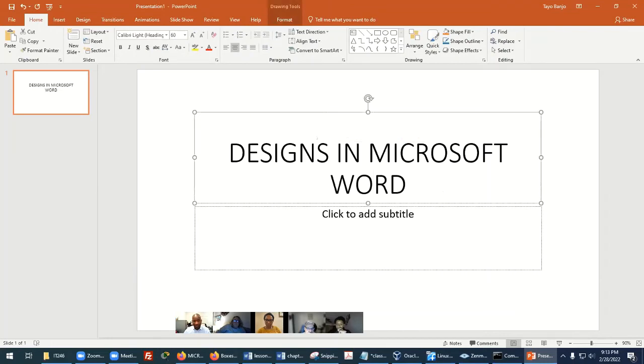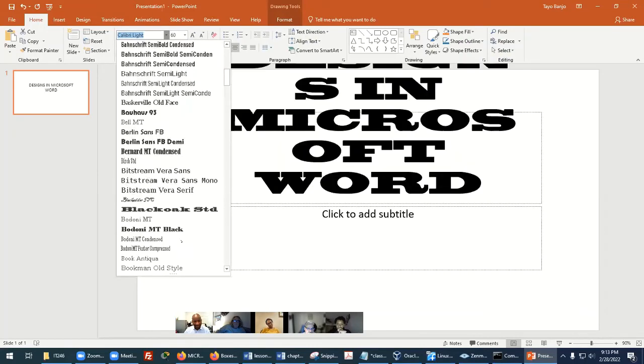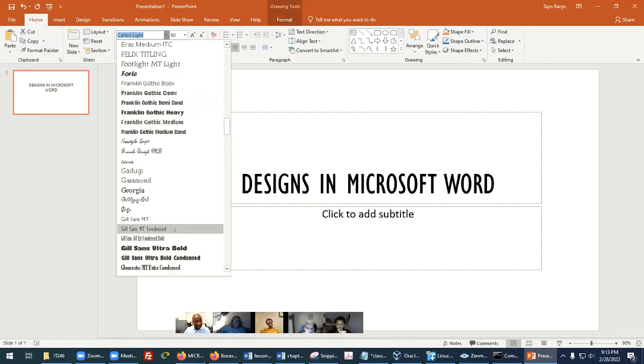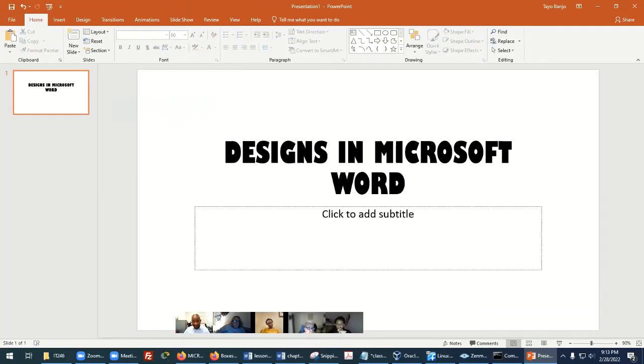All right, now just like in Microsoft Word, you can use different fonts here to make it as nice as you want it to be. Let's say I choose that option there. Then I see by